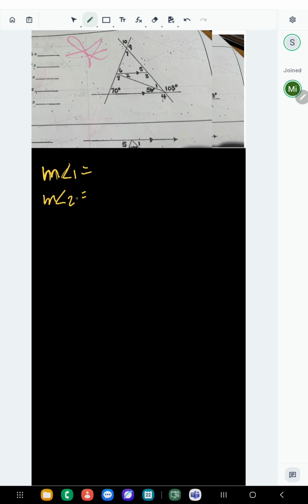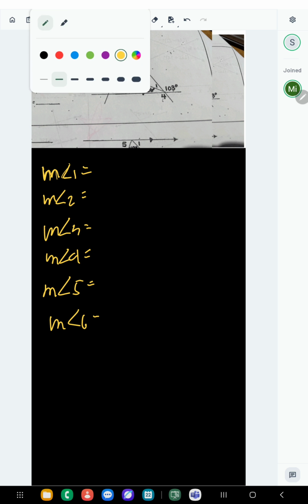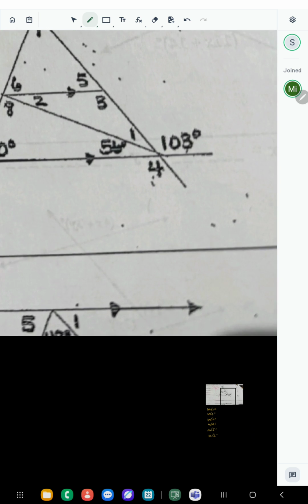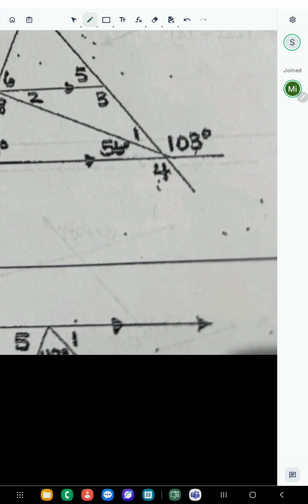Okay, angle 3, 4, 5, 6, up to 10. Okay, so let's take a look at angle 1. So angle 1 here is this 56? This is 56. And this is 103. So that means angle 1 is 180